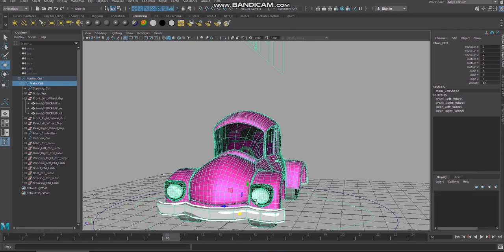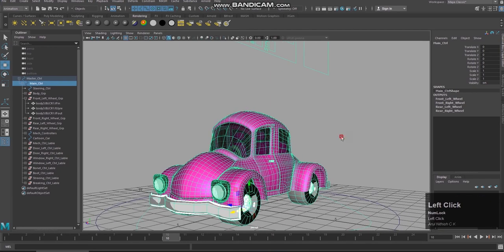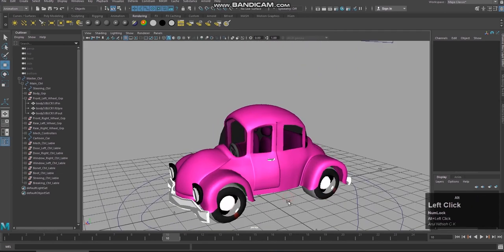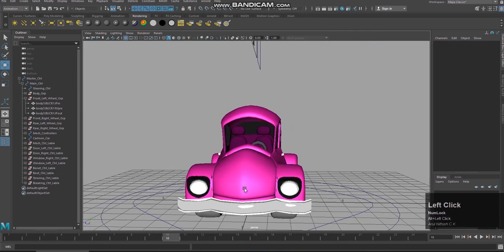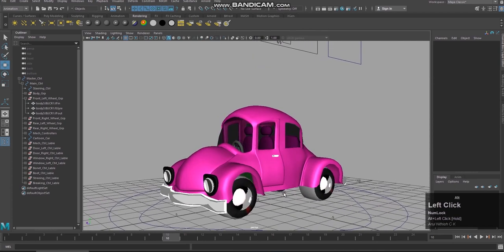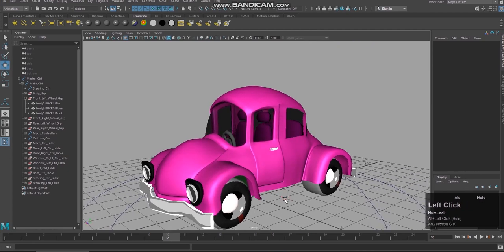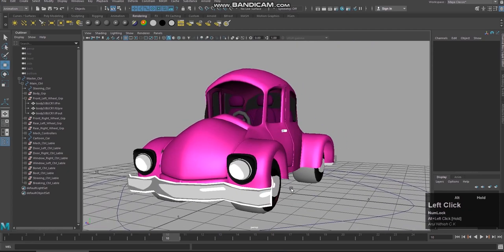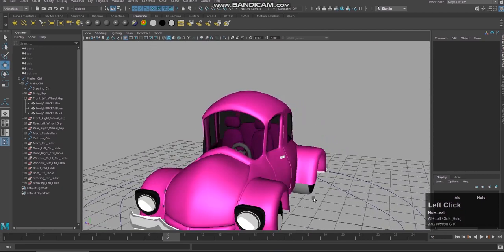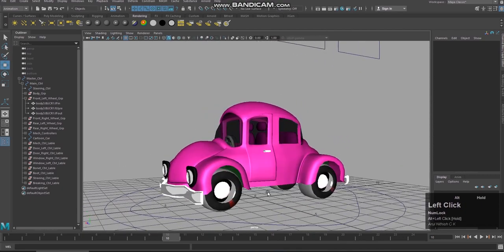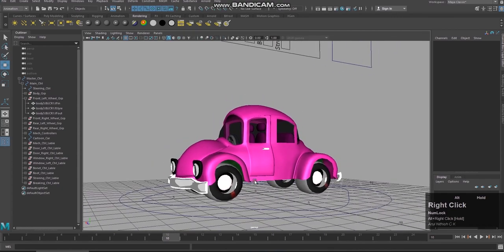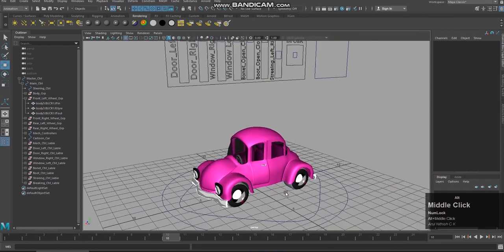So we can consider these headlights as eyes, and this area as the mouth, and we can use blend shapes for expressions, like what we did for the facial expressions. Because this car is more chunky and has a very cartoonic design, we can give those expressions using blend shapes. But that is the later part.